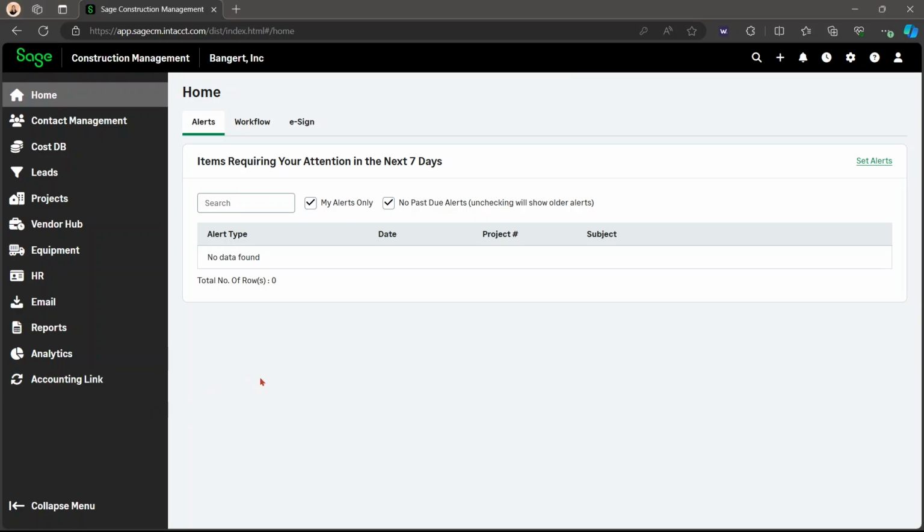So don't panic. First things first, we're going to go and check to make sure that we're logged in as an administrator, because that could be the issue. Check this little person up here out. Make sure that administrator is written next to your name. If not, then log out and log back in as an administrator.